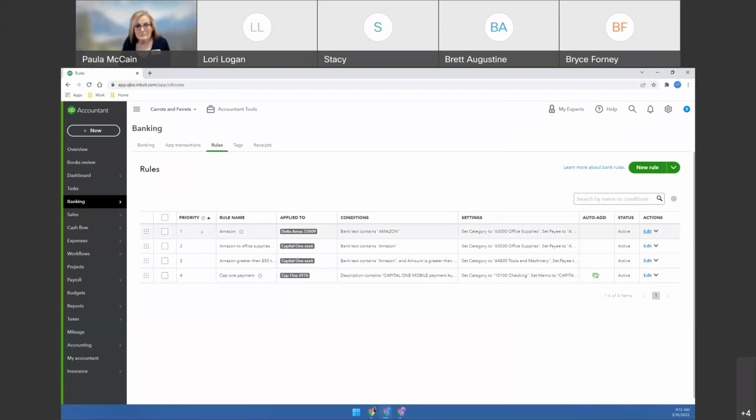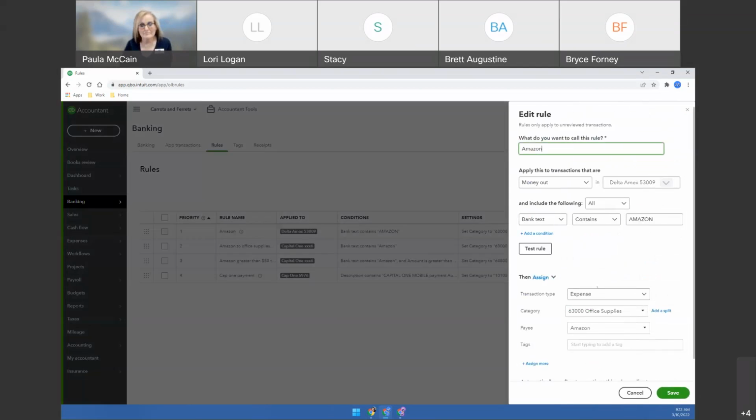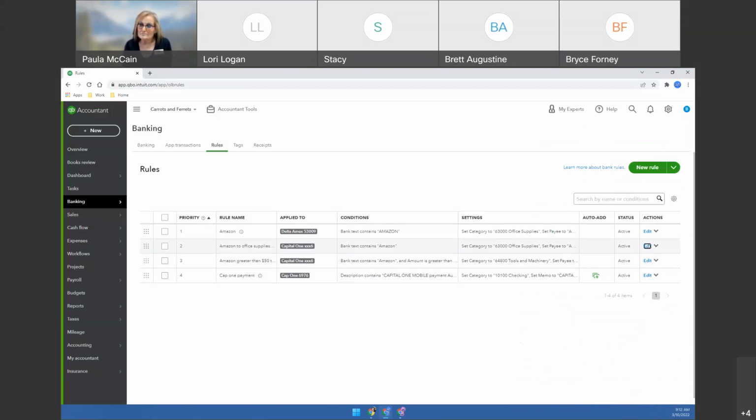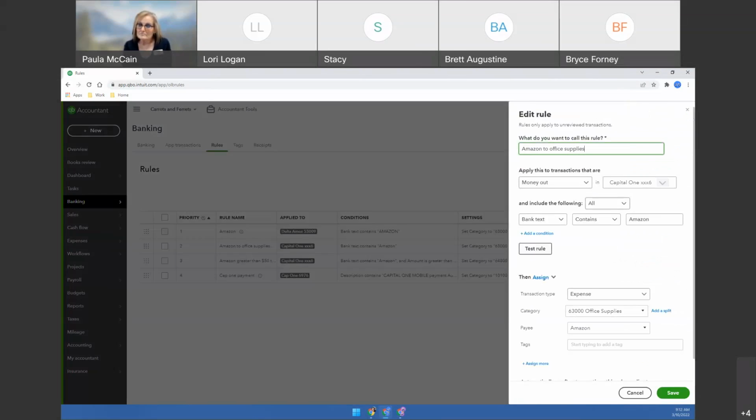So it's going to apply these rules in number order. It's starting here, and rule number one says if the bank text contains Amazon, I want it to go to office supplies. The second rule says if this rule is Amazon, well,